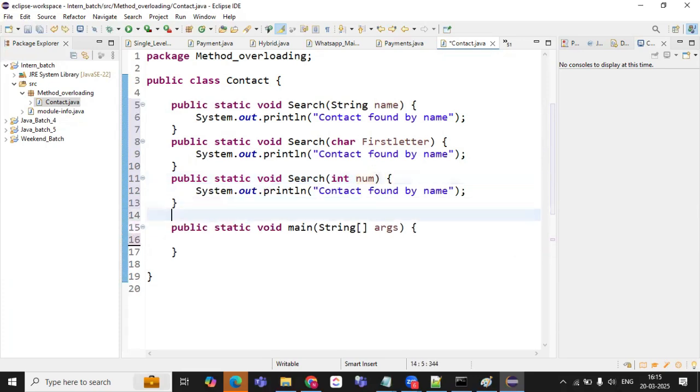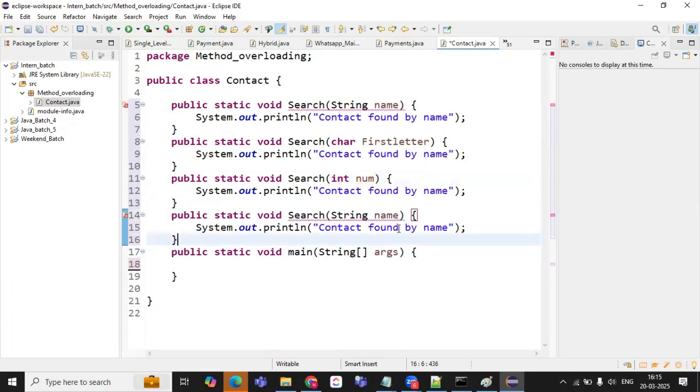Am I right? Or by the full number. If you know the number you have saved but don't know the name of that particular number, what do you do? You can make it a long